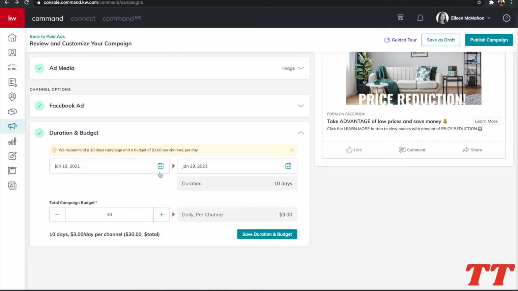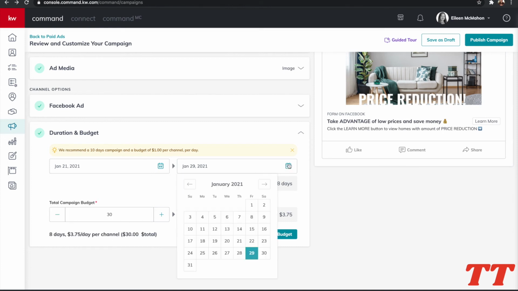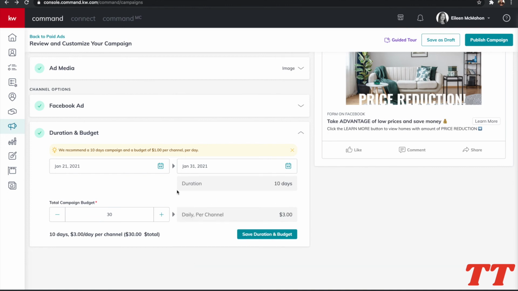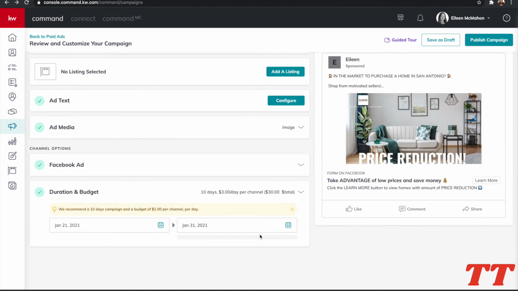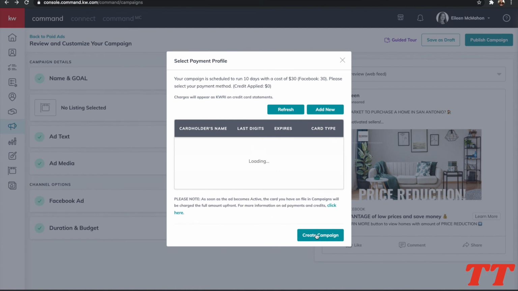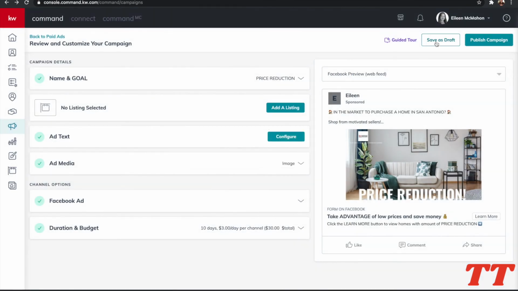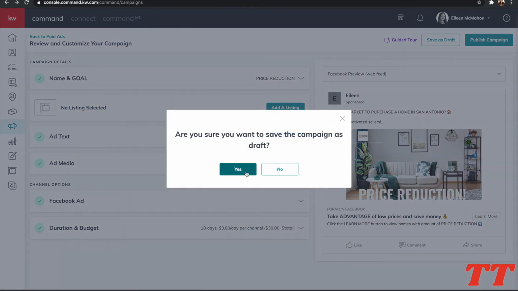Now, a little trick that I've noticed when running ads on here is changing the days, because it does kick back a day. So I usually like to do it 2 days before and keep it at the 10 days, and it'll run, the date will kick back. So then we're going to save duration and budget, and then you'll be able to publish your campaign. And of course, I'm not going to actually create it, but you'll be able to put your card in here and create your campaign. So I'm going to save this as a draft because I do like to show, once it's run,